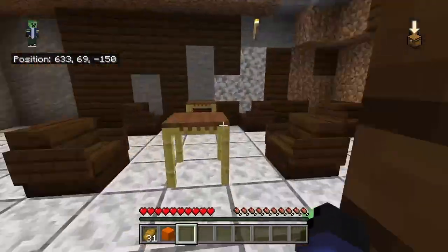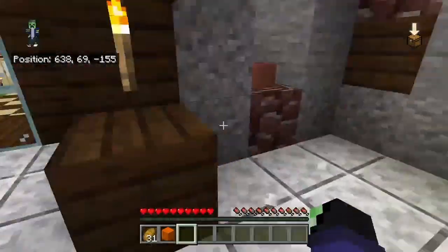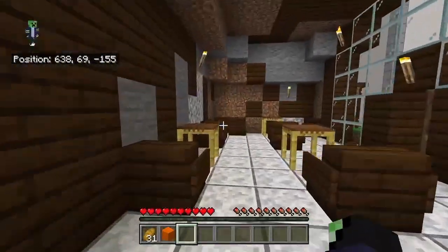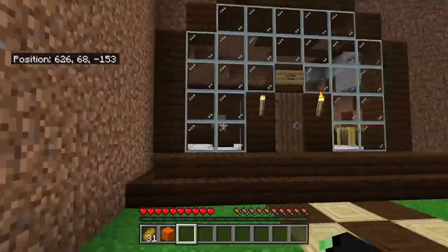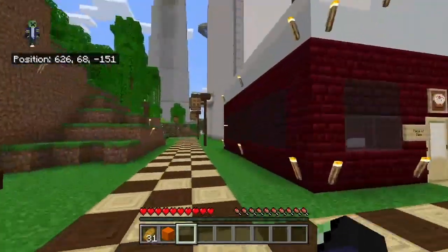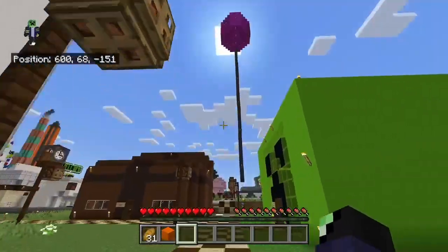Here we have Coffee Cave. This is my coffee shop, where you get your coffee, and this is meant to be coffee grinds. I don't know. But it's in a cave. We found this nice little cave. It wasn't big, and we turned it into a coffee shop. Going this way, we have...